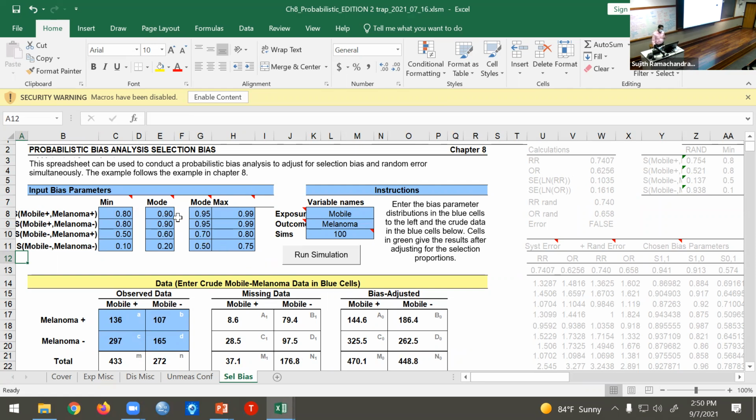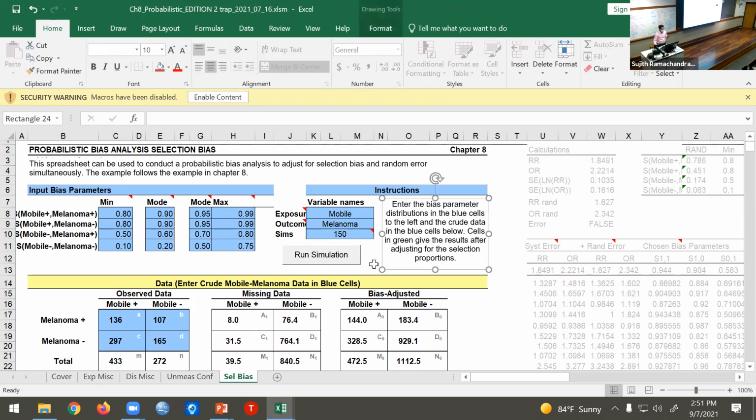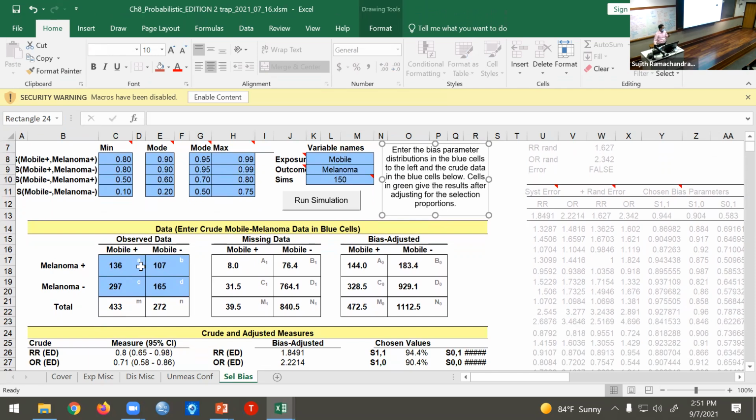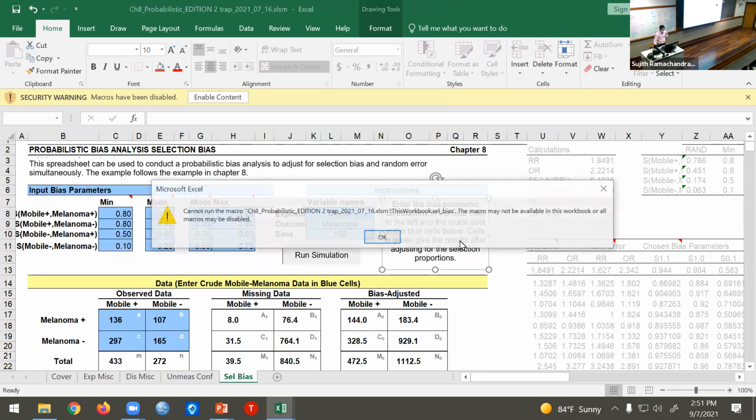So I inputted these numbers while preparing for this presentation, and I said that the study tells me the selection parameter estimate for that group is about 95%. I'm going to say the modes are 90 to 95%, with a min of 80% and a max of 99%. And then I just randomly pick numbers. Now, if I knew any more about mobile phone use or uveal tract melanoma, I would have made more educated guesses in this worksheet. But for now, these are just numbers I picked out of thin air. And you can choose how many you want to run. This takes time if you do too many, so I'm going to do 150. Then you enter the same proportions that we talked about on the original spreadsheet. And when you hit run simulation,